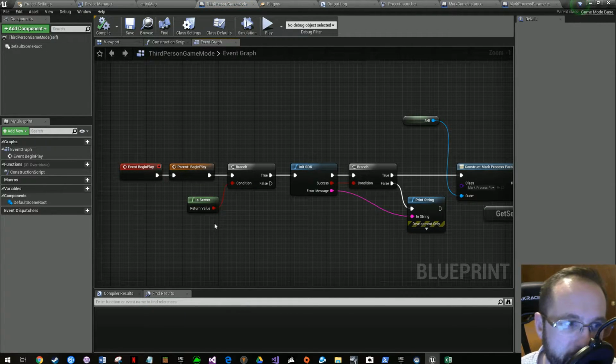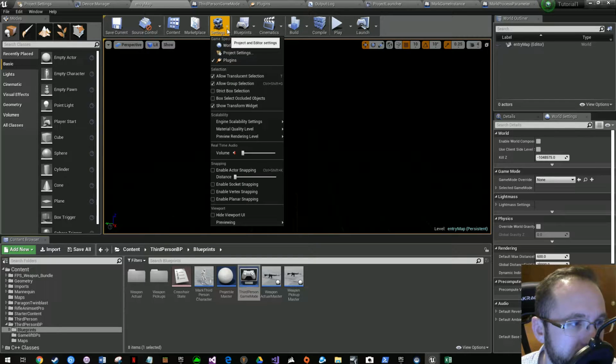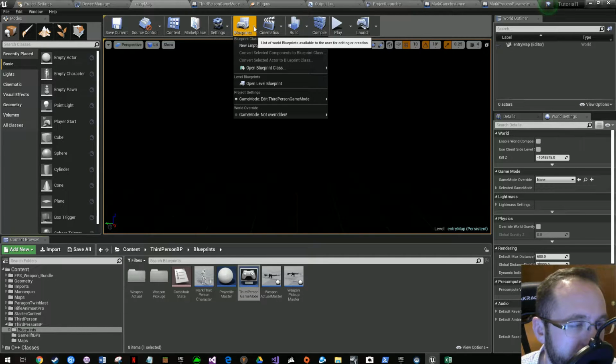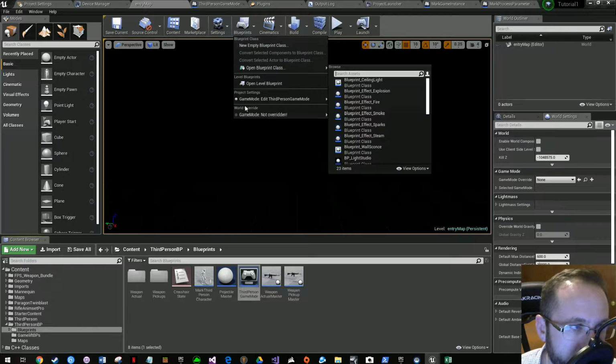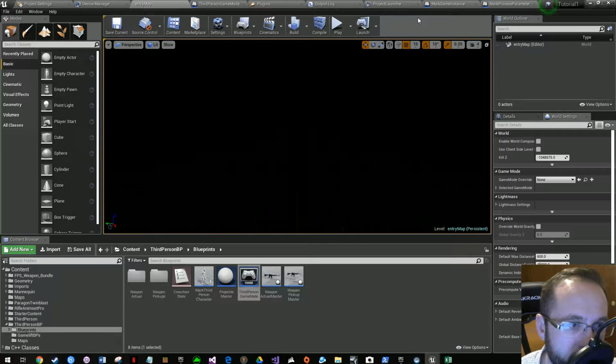So you could put it on all the levels. I think you're only going to need it on the test level technically. So if, let's say, you're doing a C++ project, you could come up, and I forget where it's at. It's one of these drop downs. Where did he do it? I watched him do it. Yeah, I didn't even know about this until I watched the creator of this plugin. He can override his game mode from right here,